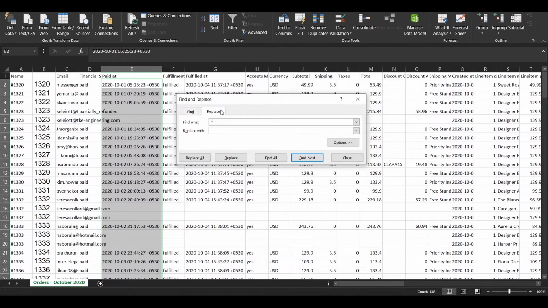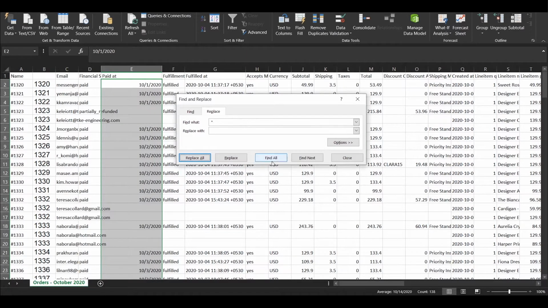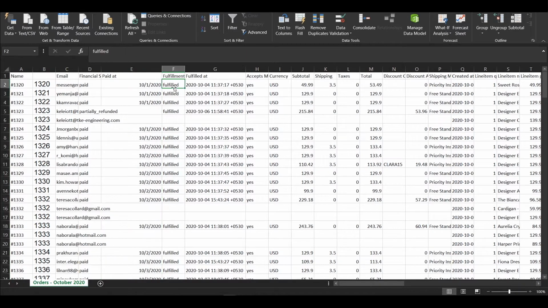Go to replace, press space and star, and just click on replace all. So here you go, all our dates are now changed to the desired format.